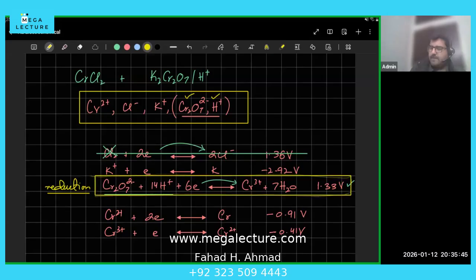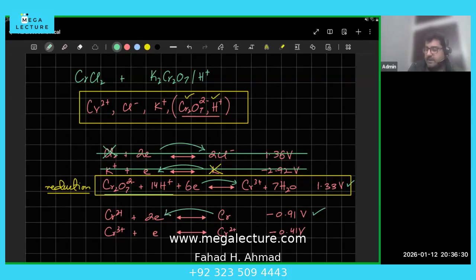अच्छा, vice versa, who's going to lose electrons? So the one who loses electrons is the one that has the lowest potential, which at this point, it's K. K is the one that has the lowest potential. It's going to lose electrons, right? Minus 2.92. But again, the trouble is K. There is no K. Well, we have K plus one, but there is no K. So that's why this equation does not apply in our case. So ignoring that, who's got the lowest potential? It's minus 0.91, right? So that is the one that's going to lose electrons.